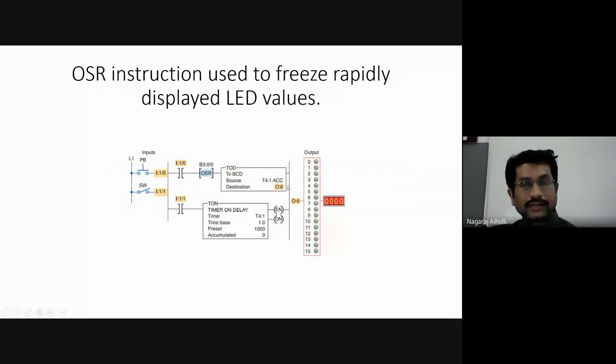If you want to fix a particular decimal value and display it on the LED display, that decimal value is converted to binary value and displayed on the LED display. That is what we call freezing. The OSR instruction is used along with the on delay timer to freeze the value on the LED display.